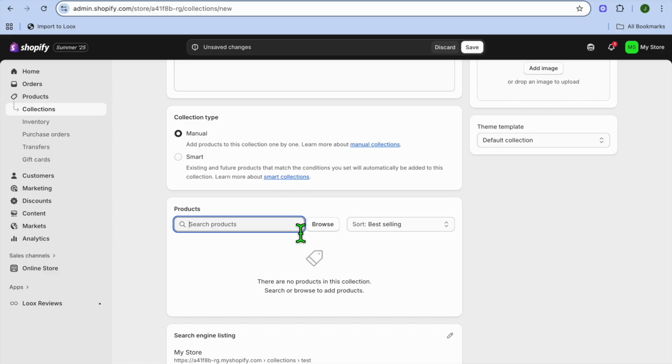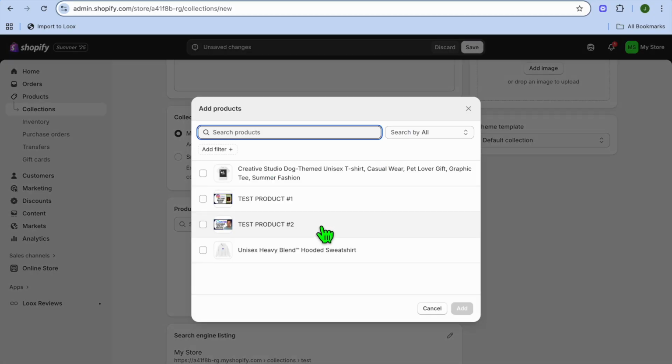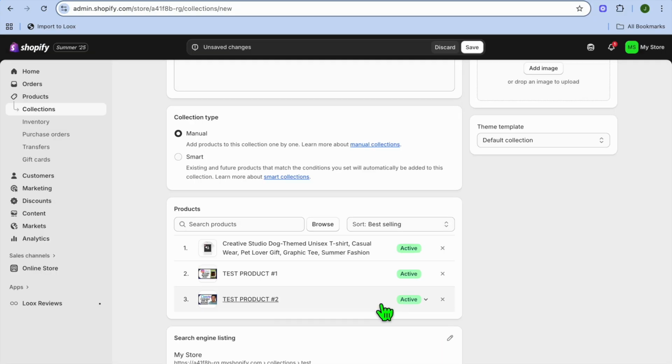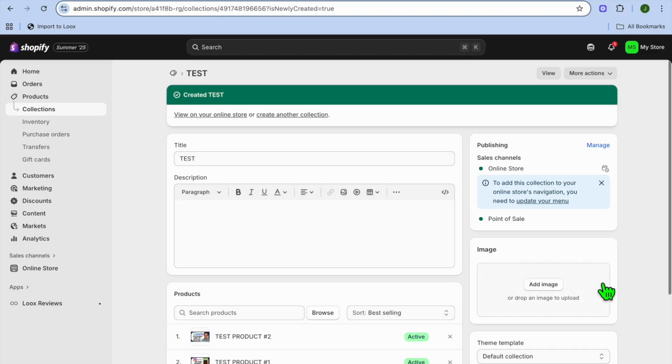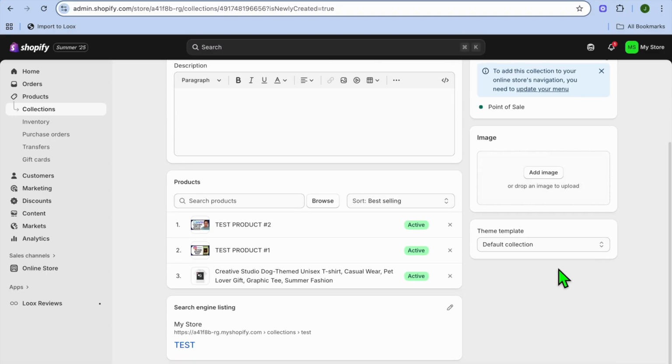After selecting manual, you can search for the products that you would like to add by tapping on browse. So let's say, for example, for this collection, I would like to add the first 3 products. So I'm going to be adding these products. Then we're going to tap on add. After you have selected add, you're just going to scroll down and tap on save. Once you have saved your collection, as you can see right there,